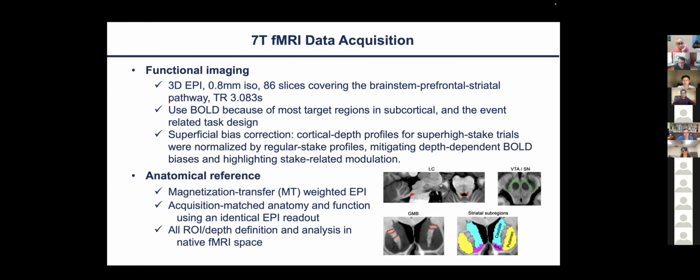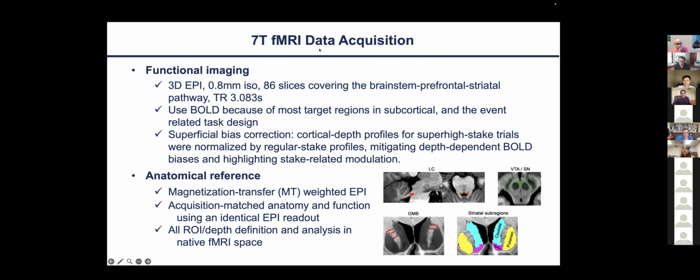Maybe I have a question. About the acquisition, those deep areas are kind of hard, right? At 7T, specifically with the Nova. So did you do kind of PTX-specific things? Do you use the PTX coil in CP mode, or what's your RF hardware component here? We do use a PTX coil because in some subjects, for example, the LC is quite at the bottom of the brain. So for some subjects, if they have a larger brain, the PTX coil will definitely help to increase the imaging intensity in those regions. But we just use the PTX with a CP mode, nothing special.